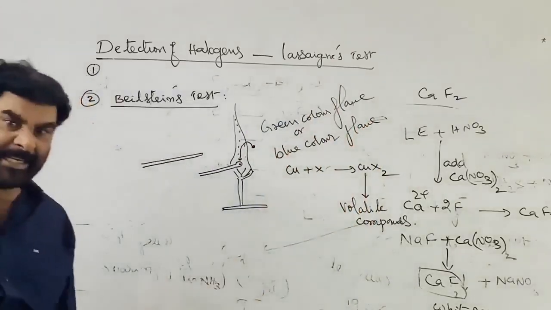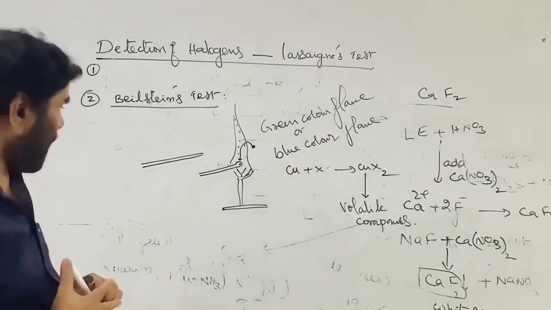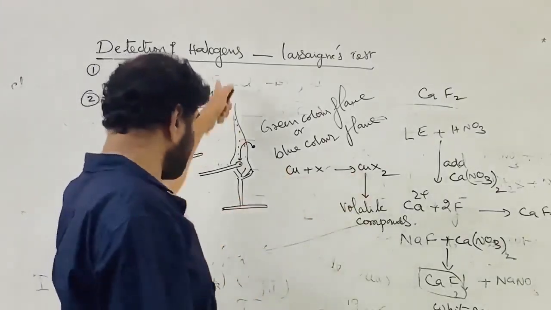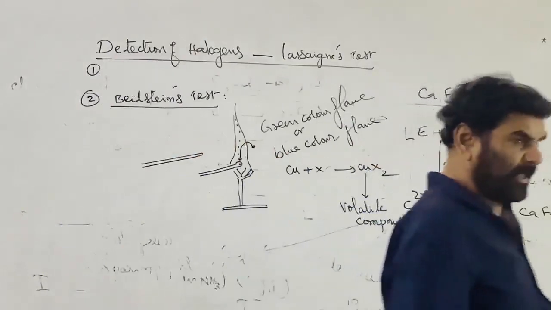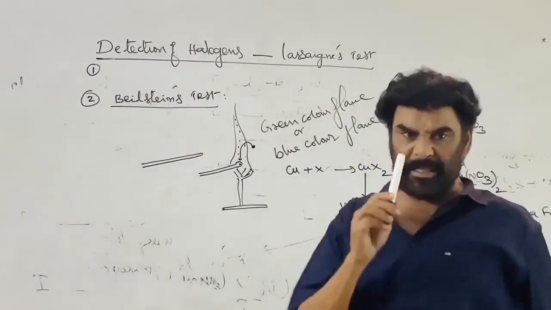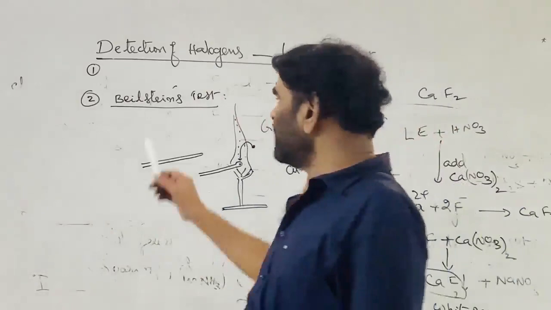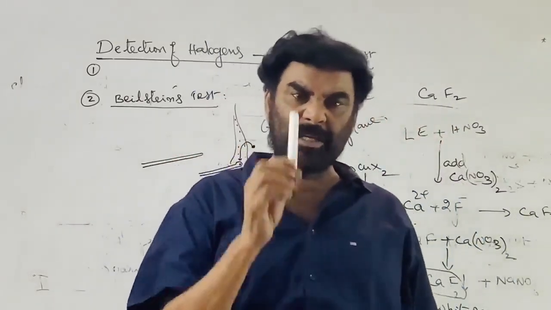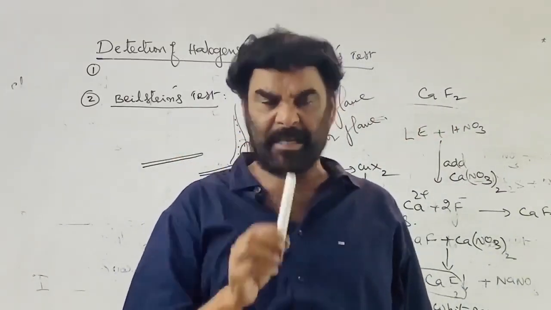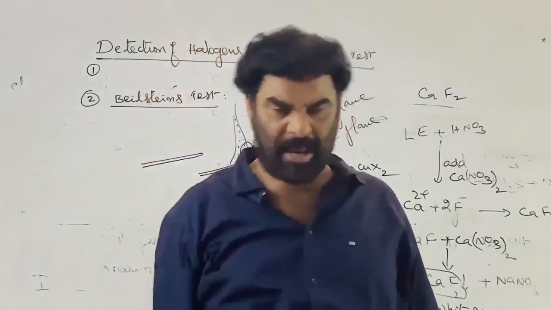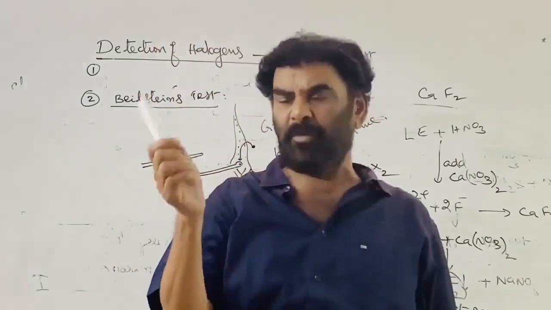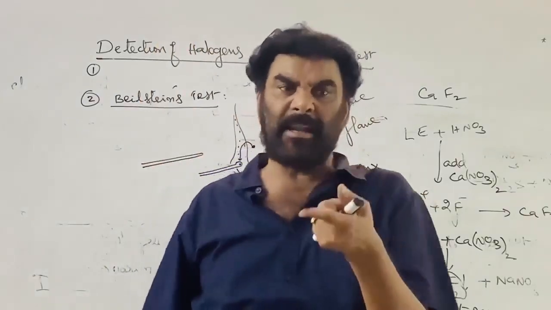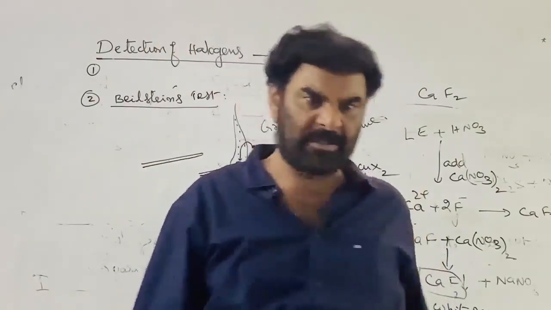A blue color flame indicates the formation of copper halide and the presence of a halogen. To detect the halogen in the given organic compound, Beilstein's test is also used. In Beilstein's test, the halogen is detected by converting it into volatile copper halide. A known mass of a small amount of the organic compound is placed on the flat end of the copper wire and strongly heated on the Bunsen flame.